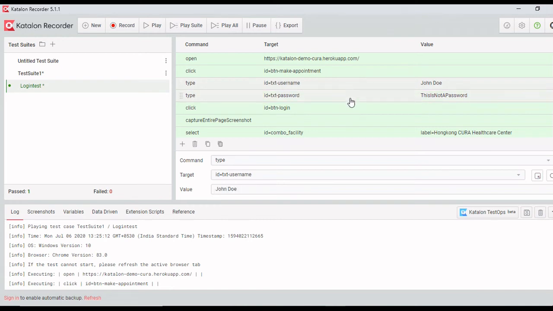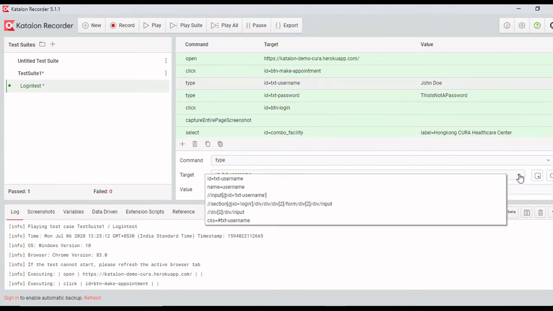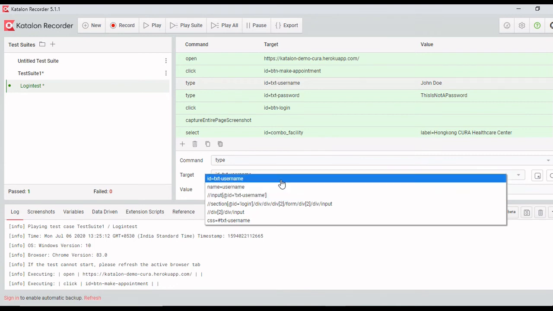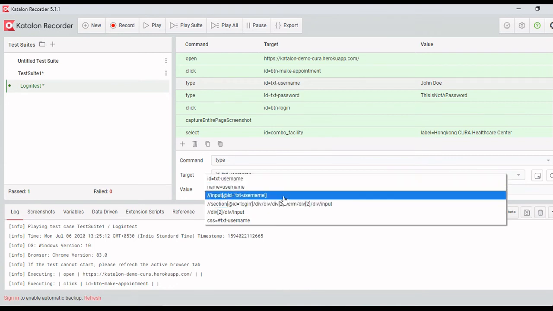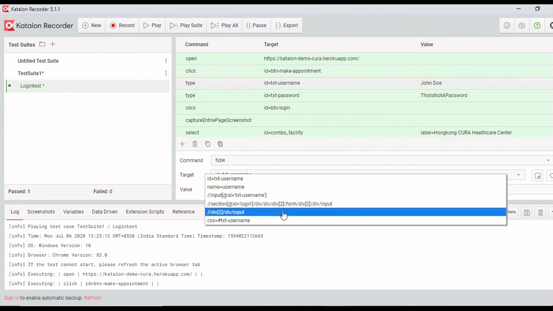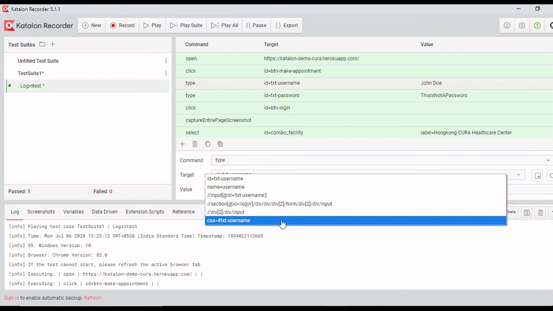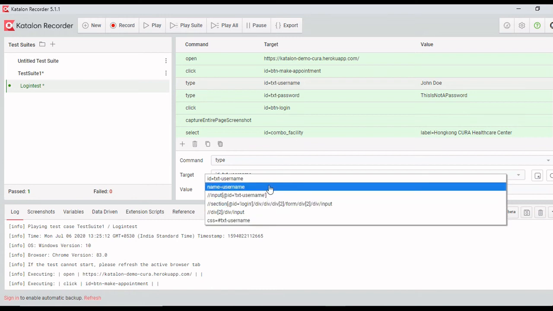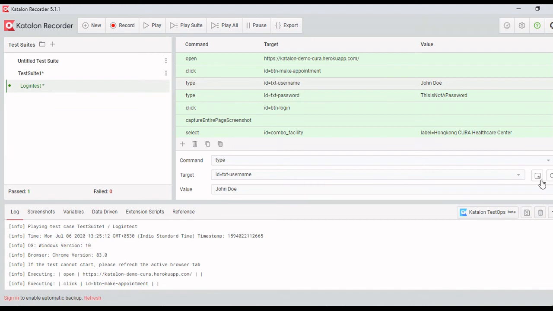For some of the test objects, you find multiple attributes, like the username object. It has multiple attributes: ID, name, or the XPath having the input @ID, this XPath with the div, or CSS XPath.